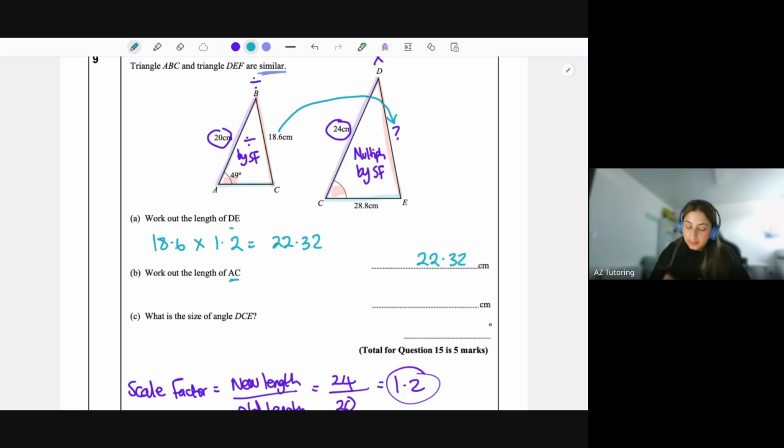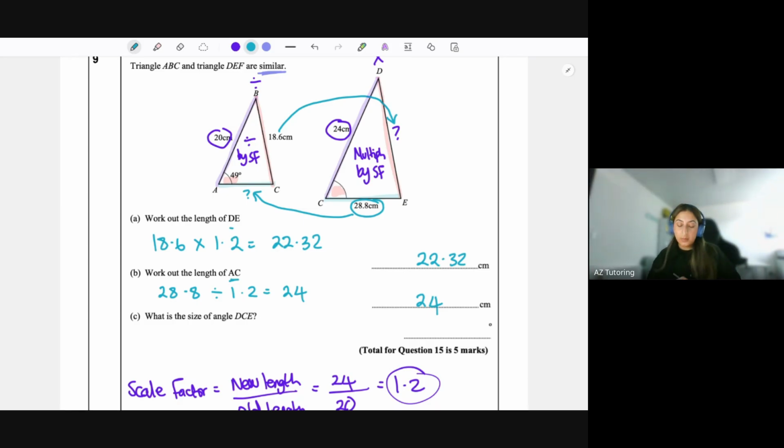The next question says work out the length of AC. AC is this one, so we can see the corresponding length is on the bigger shape, and we're using that to find the length of the smaller shape. So we're going to do 28.8 divided by 1.2, because when you're finding the length of a smaller shape, you divide. That is 24